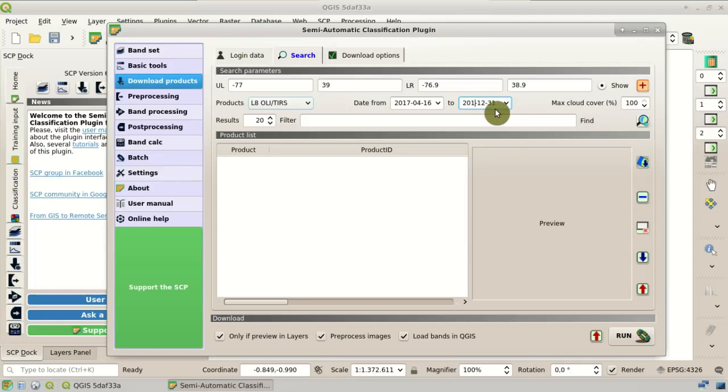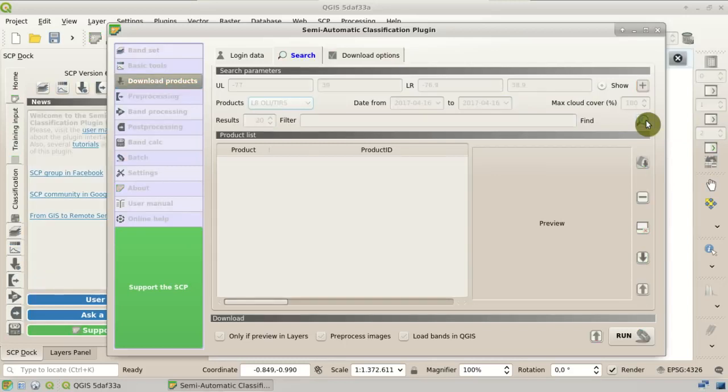And the same date here. So we have set the range of dates. We could also set the maximum cloud cover percentage here and the maximum number of results of the search. Now we can click this button here,